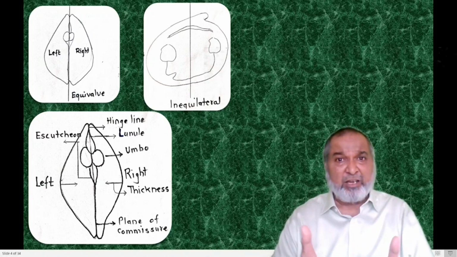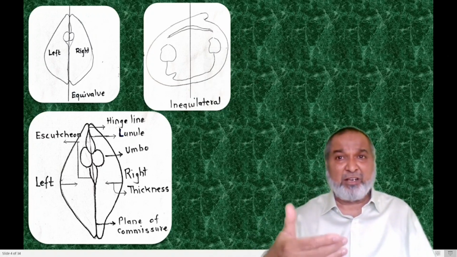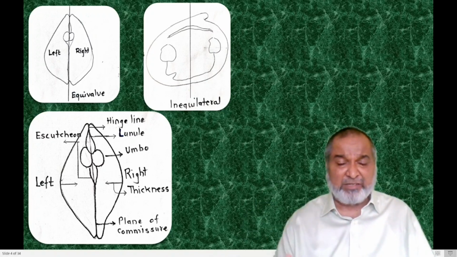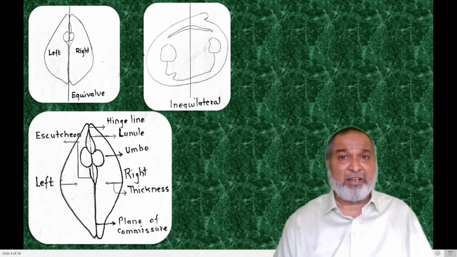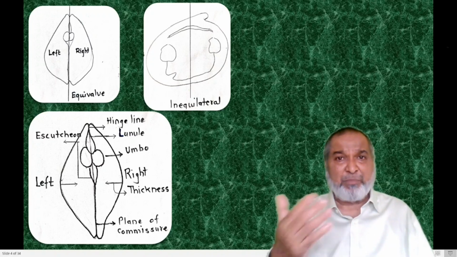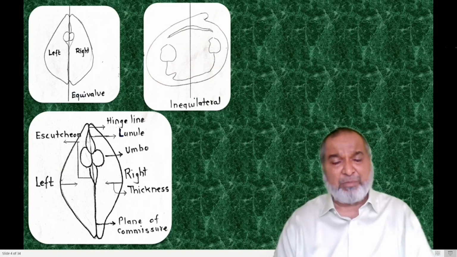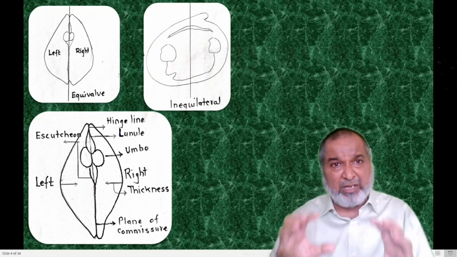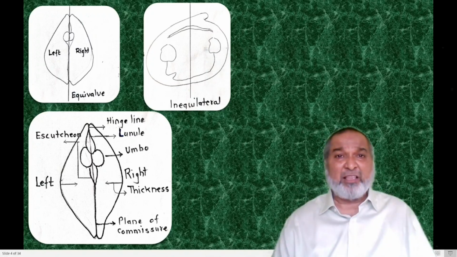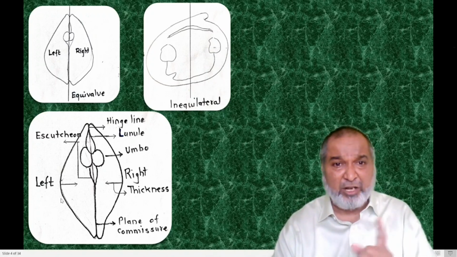So in the practical, what we have to see: you have to recognize the fossil and give the classification, range, and you have to draw a labelled diagram. That is very, very important. So whichever Arca or Pecten is given from this Lamellibranch group, you have to draw the diagram and label it. For this, the theory is very, very essential.